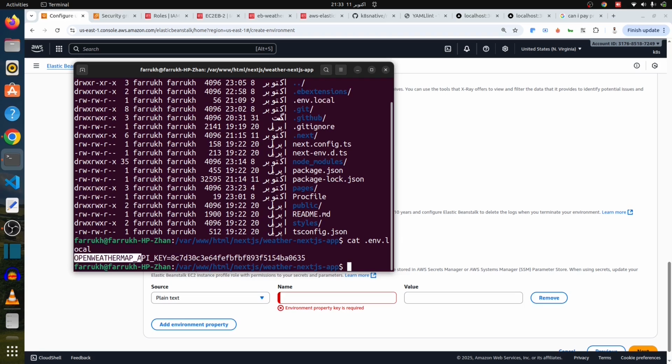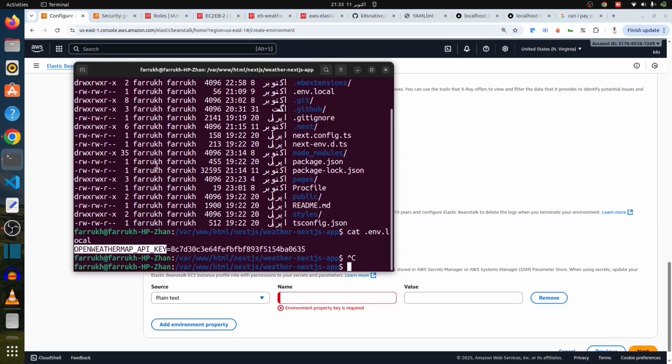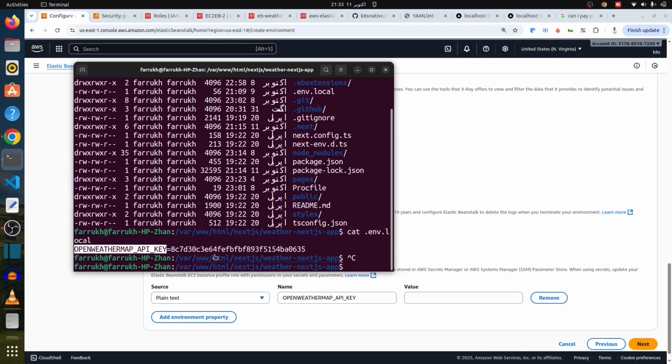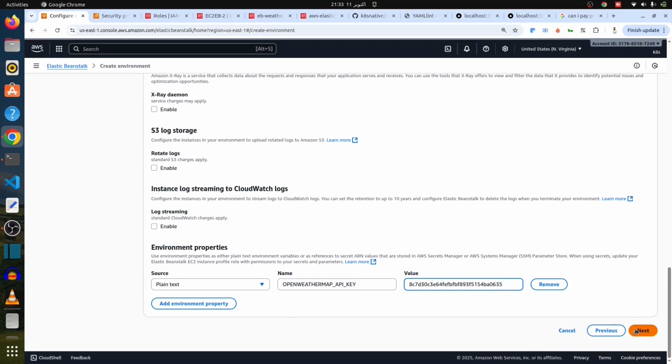So this is the key. Something wrong. Okay, that is fine. And then I need to just put the value. And by the way, if you wonder where I'm getting these values from, you could watch my first video in this series in which I have shown you how you configure a Next.js application on EC2. So that's it. Then next,